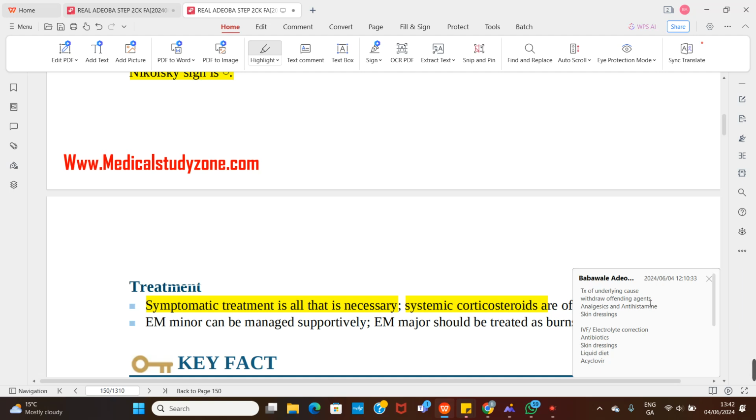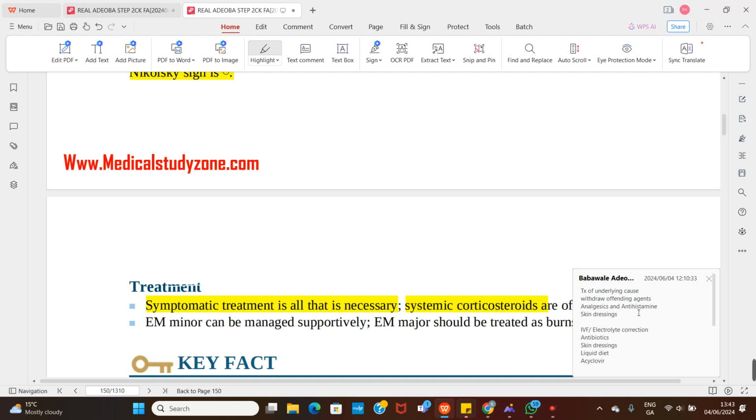Withdraw the offending agent, because sometimes the lesions can be pruritic and painful, so you can give analgesics and antihistamines to resolve some of those symptoms. Because some of them are blisters that become eroded, you can apply some skin dressings, right? But if it's a case of erythema multiforme major, you have to do more than all this. Aside from treating the underlying cause, withdrawing the offending agent, and applying analgesics, antihistamines, and skin dressing,